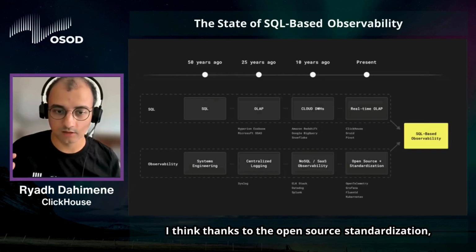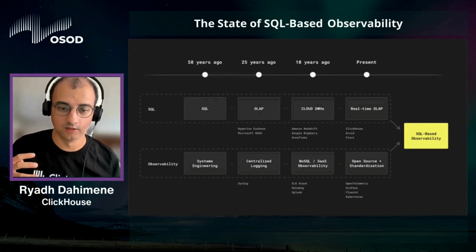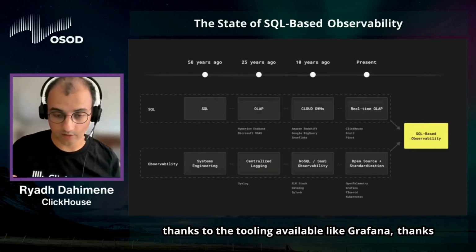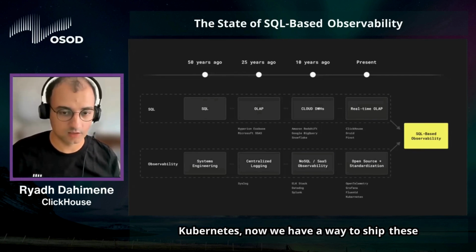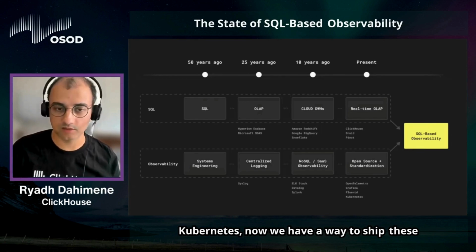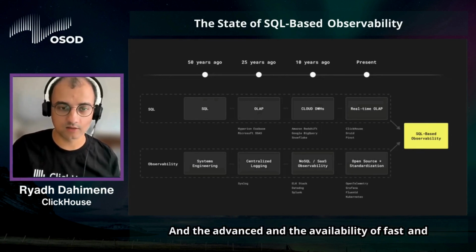I think thanks to the open source standardization, thanks to the tooling available like Grafana, thanks to standardized ways of deploying software like Kubernetes, now we have a way to ship these events,